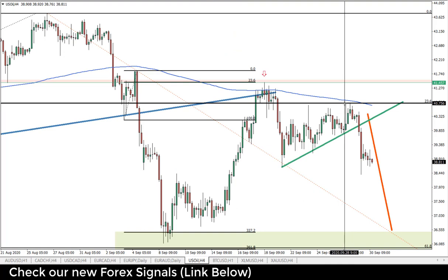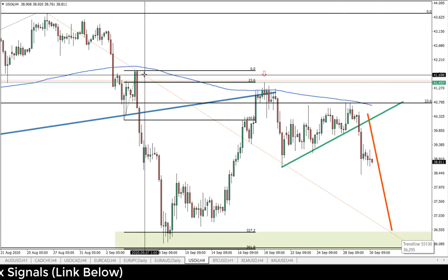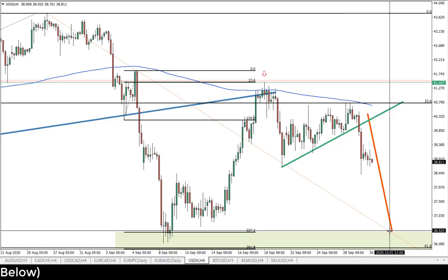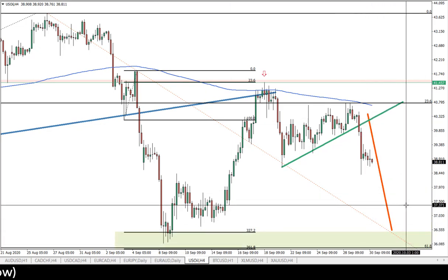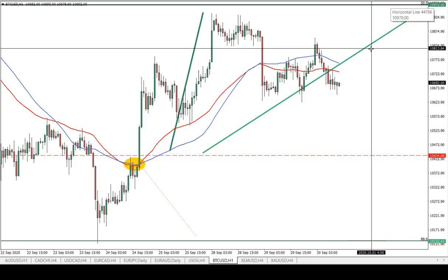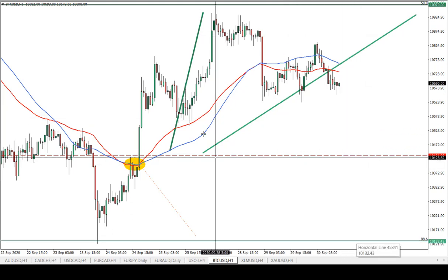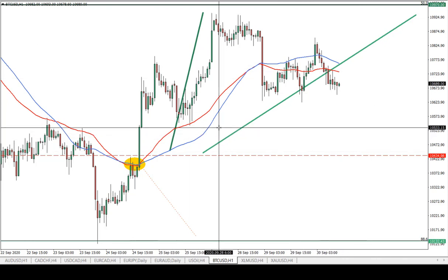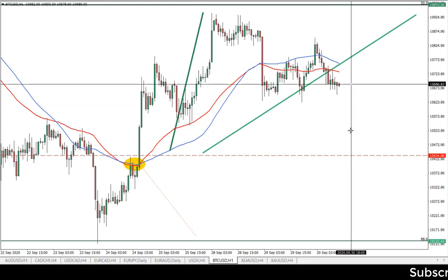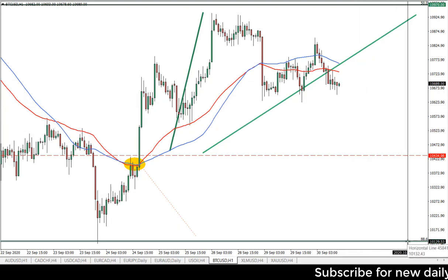US oil, well, after this double rejection of the resistance, we're finally starting to move down. And I did expect similar move to this one, and it's likely that it will continue to test this green support area in the coming days. Now, Bitcoin still consolidating, although I did expect the move to the upside to continue. Even the long-term trend should remain bullish as long as this 10k support holds. It's bullish, but the first risk will be obviously if there will be close below the previously established low. It will mean that price is producing lower lows and lower highs, and the risk for the 10k retest will